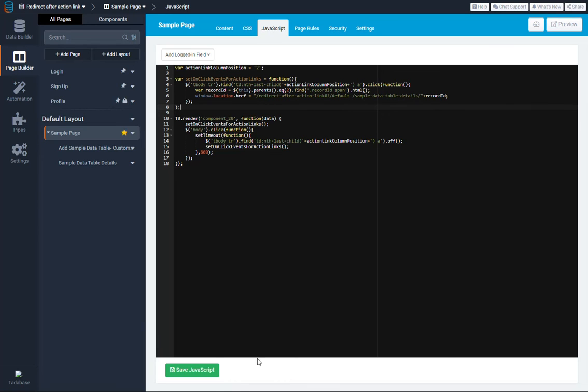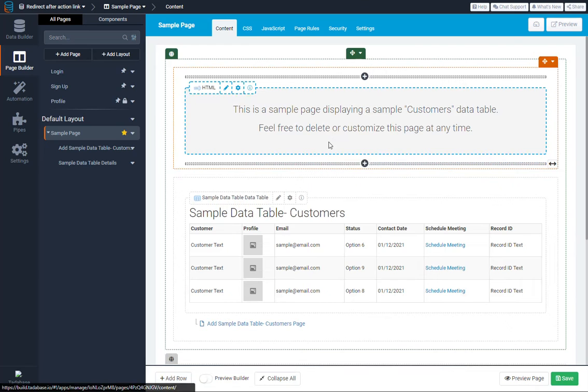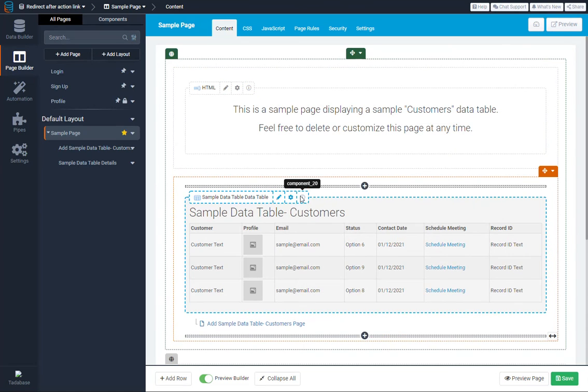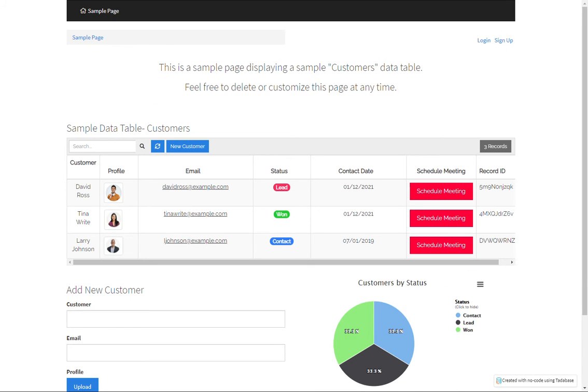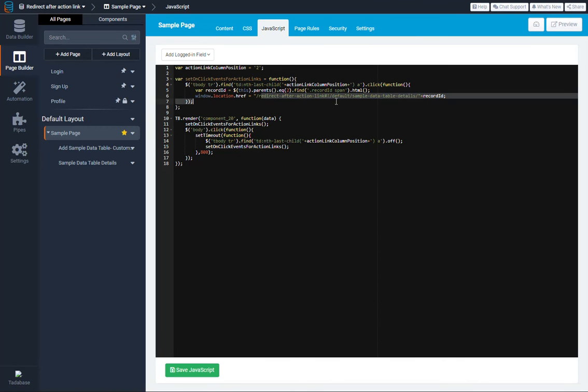Now, one more thing that we need to do is to check the component. So we're using the JavaScript API here to wait for the component to render, and we're passing in this component 20, which is my table. Just make sure you change that to whatever your table component is. And after saving this JavaScript, updating the redirect link and the column position, you'll see that we'll take